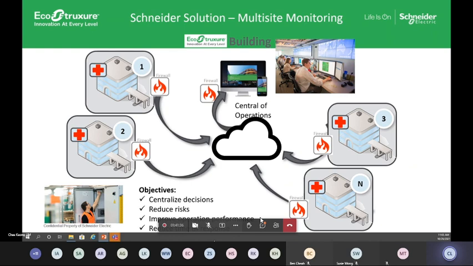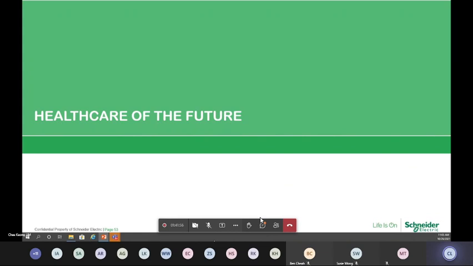It is not something that I'm making up. It is not something that is done in the West. In Southeast Asia today, we do have such an example. And this is exactly what I'm showing you on the screen: a centralized location in Jakarta, monitoring the entire hospital group within the entire Indonesia archipelago. Up to this point, any questions? So far, so good.